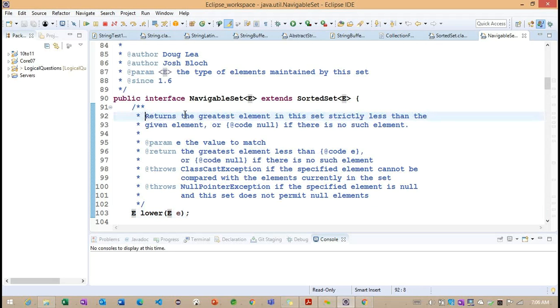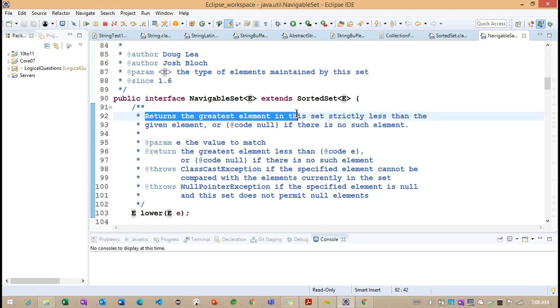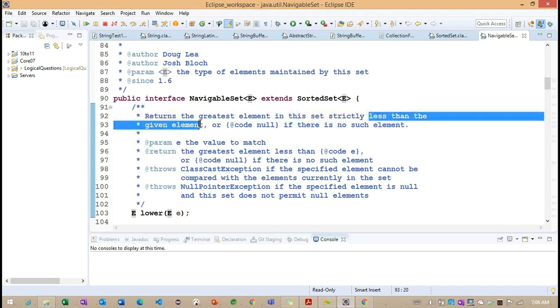You can read here, so we can easily understand its purpose. It returns the greatest element in the set that is less than the given element.